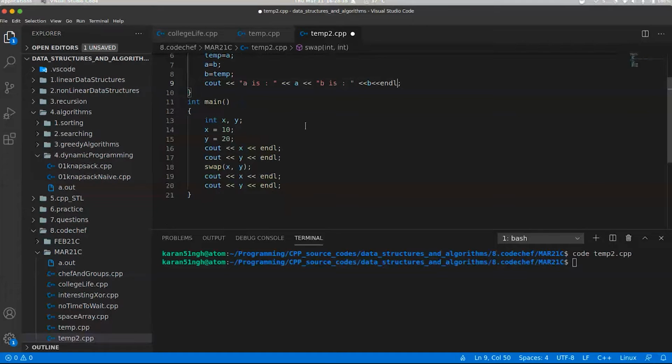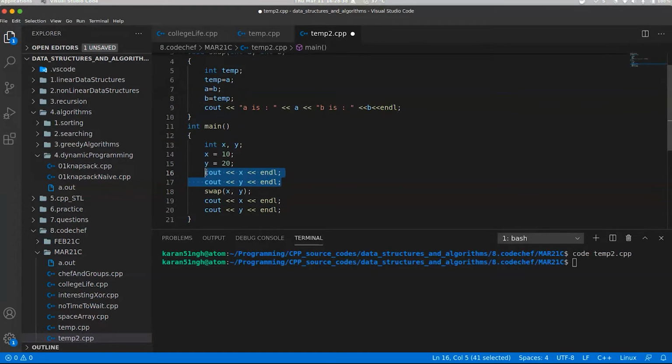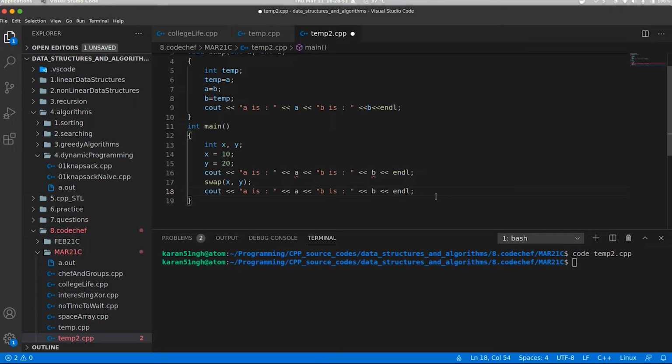Let me copy this and change it, and use a similar statement for the other print also. I feel this statement is better because we'll have the text that a is and b is, so it will be easier for us to read the output in the terminal. And this is basically our x and y.